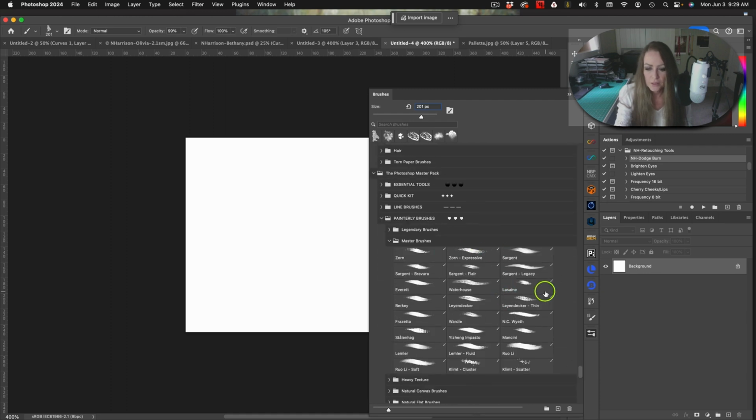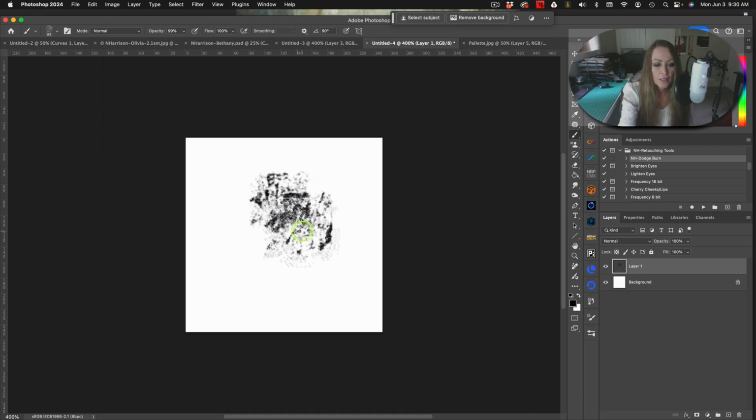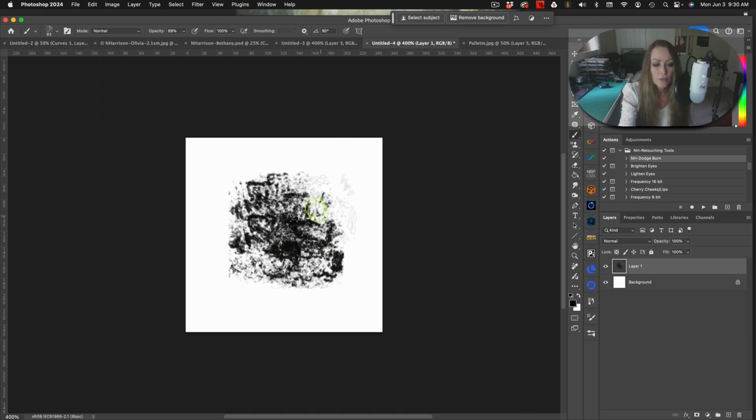Okay, so let's go into this. These are not Kyle's brushes. This is a different set that I purchased. But let's just say you can see that this Sargent brush here has a, make sure that you are working on a transparent layer above your fill layer, and make sure that you're using a pure black brush. And then when you come in and you just kind of tap around with that brush like so,